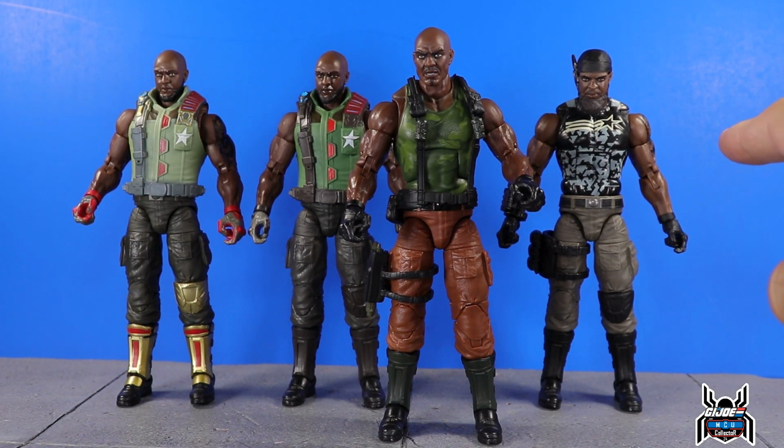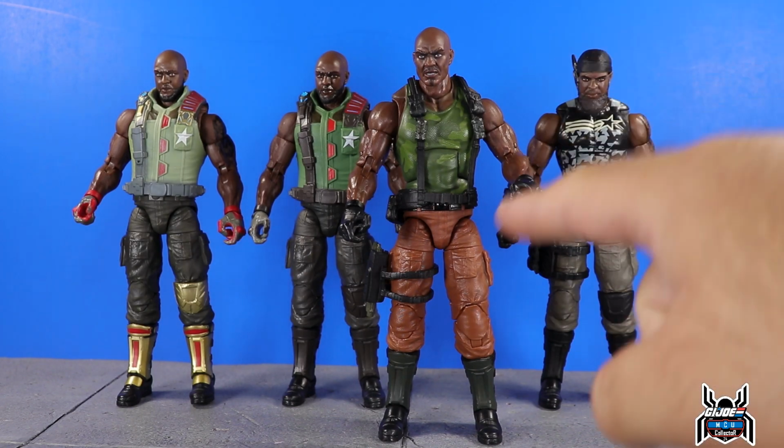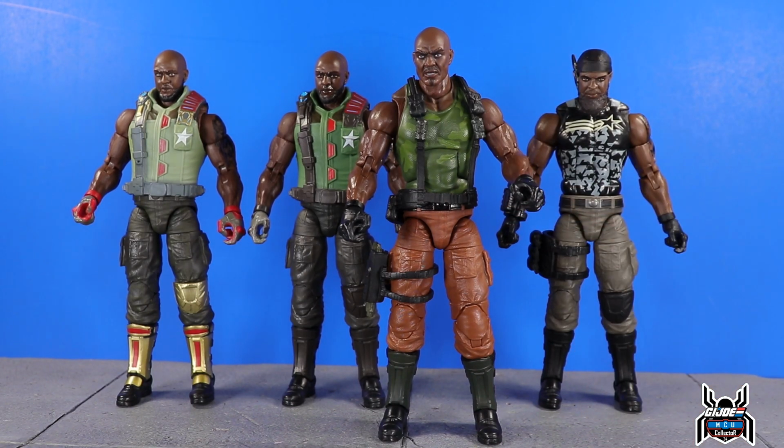The Cobra Island Target exclusive, which is number 11, and the new Heavy Artillery Amazon exclusive, number 28. You guys let me know down in the comments below which one is your favorite Roadblock aside from the Amazon